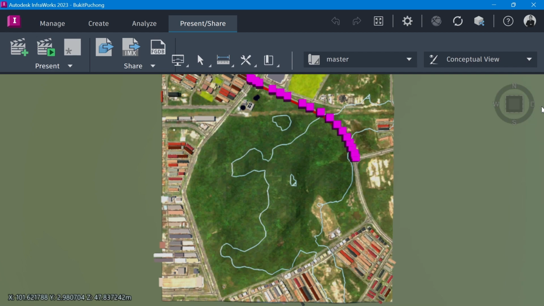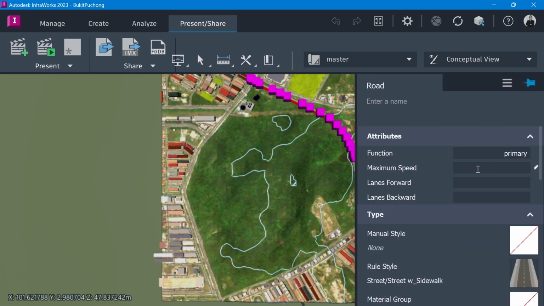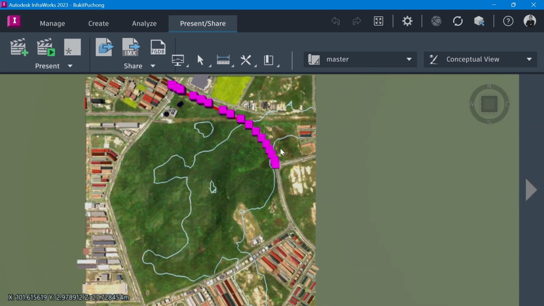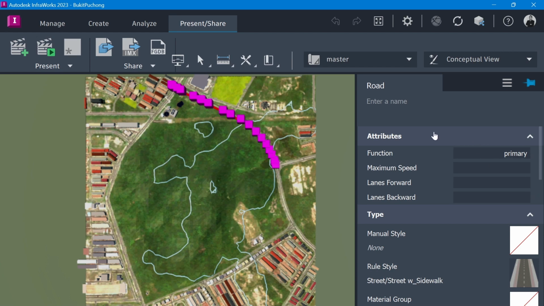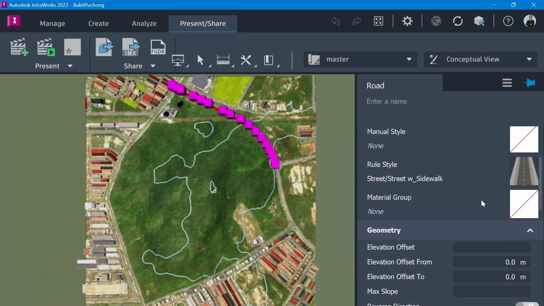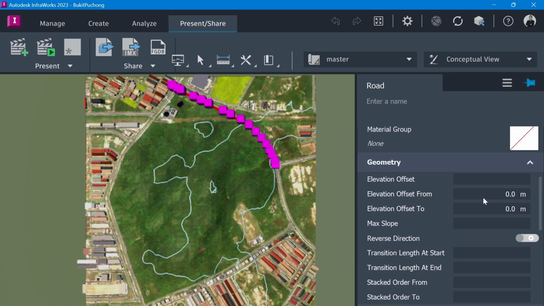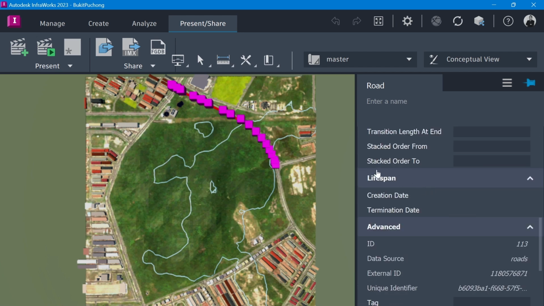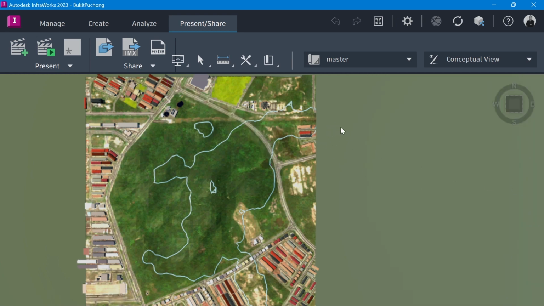On the right side here, you can see, because my window is very minimum, to ensure you can see all the text clearly. So basically, when you click any object, it will give you the properties. It's the same as AutoCAD and Civil 3D as well. When you click an object, an attribute or property will appear. So then you can change the style, the rule, or geometry, elevation, offset, and so on and so forth. Okay, later we discuss it.